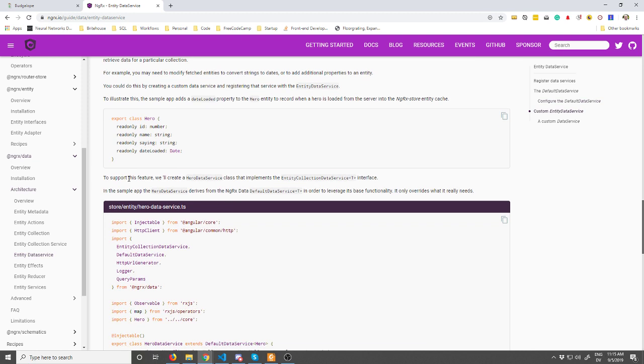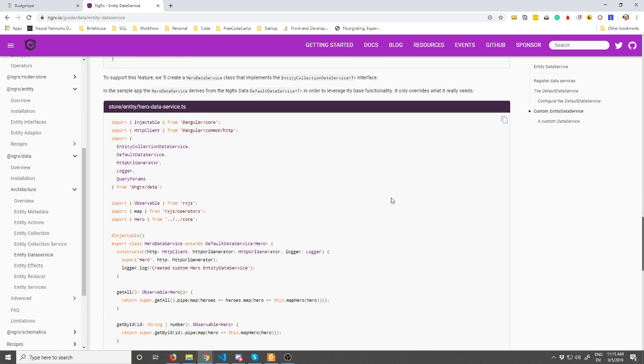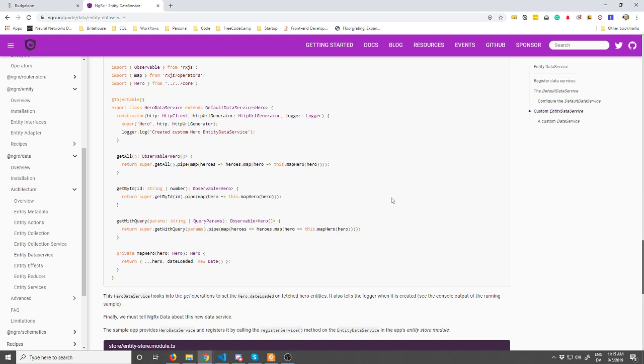To support this fixture, we will create a hero data service class that implements entity collection data service, in order to leverage base functionality. It only overrides what it really needs. In our case, it will basically need to override everything,